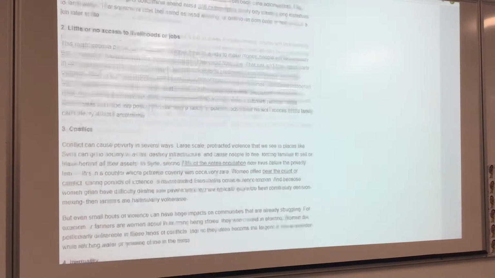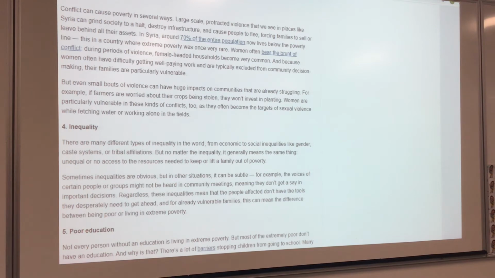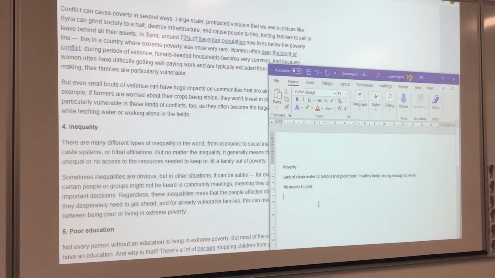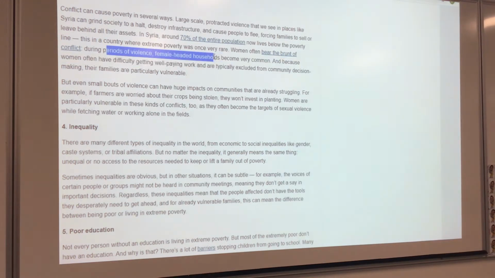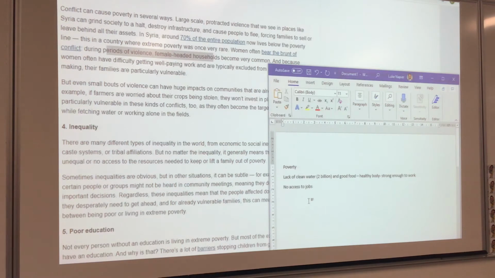I keep scrolling down. Conflict. Okay, so wars and things like that. So here, what often happens from what I've read here is that during periods of violence, oftentimes the males will go to war and die, and the females will be left by themselves with the kids. So how do they then get an income if they're trying to stay home and look after the kids, if there's no one else to help them? So war and violence can be a reason for poverty. And so here I'm going to write